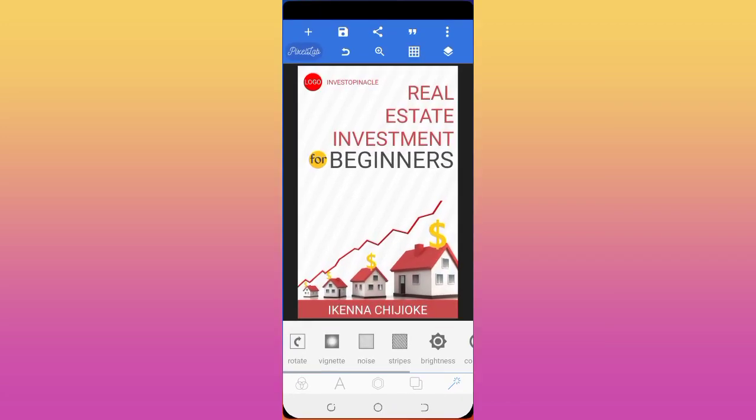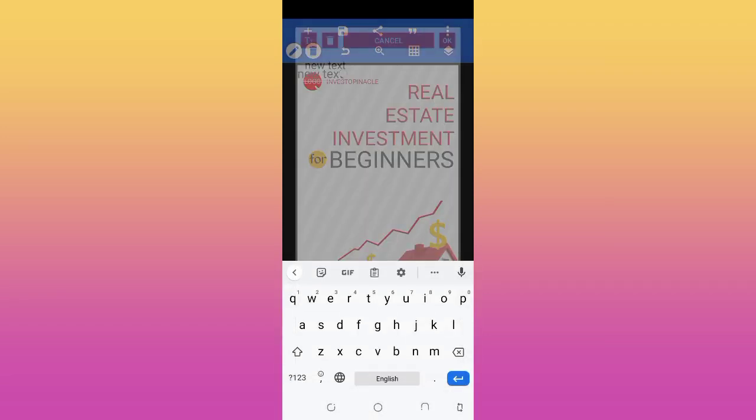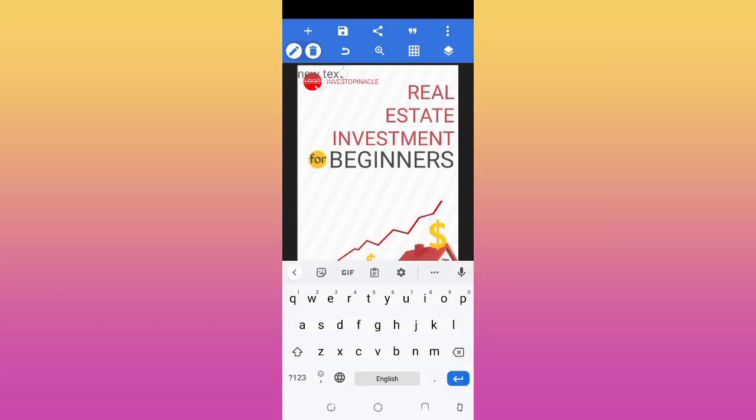The name of the font I used, you can go over to fonts and just bring in a text here. The name of that font,